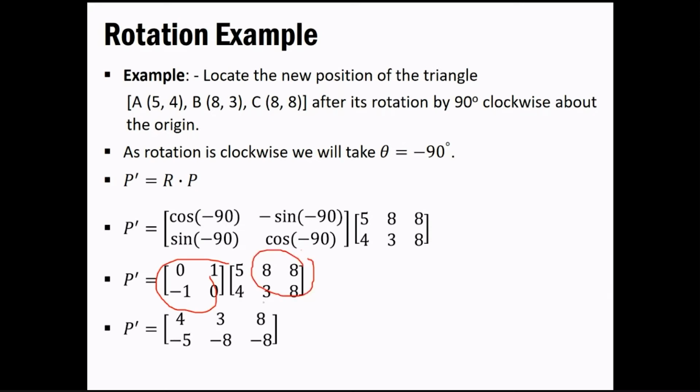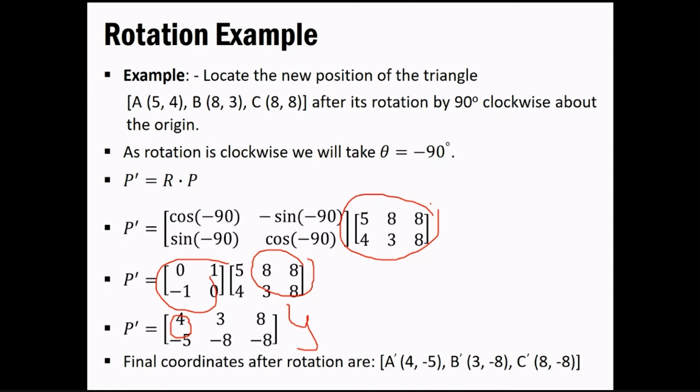Based on that, you multiply: 5 into 0, and it will be 0, and then 4 into 1, so you have 0 plus 4. So over here we have 4. Similar thing is to be applied for each and every endpoint, and you just need to get the resultant matrix. If you are getting confused with all of these coordinate points, then try to apply it one by one. That's how you can achieve the p dash. So that is the thing for rotation.